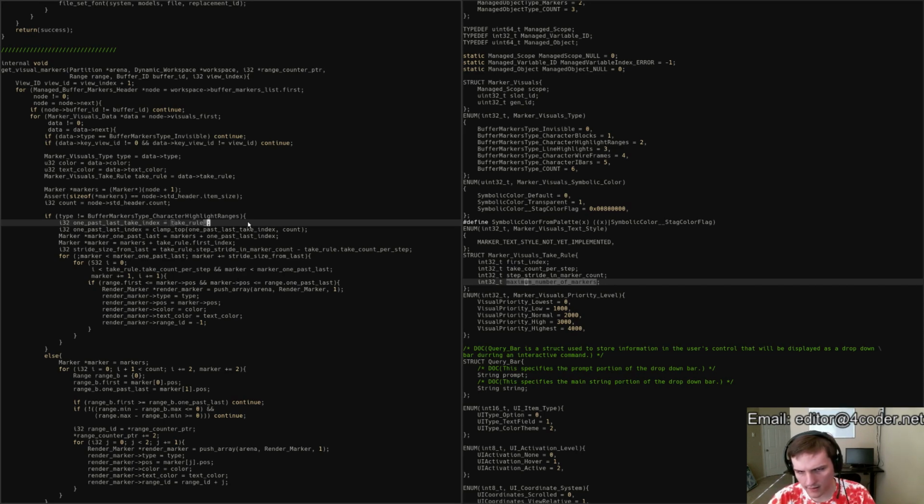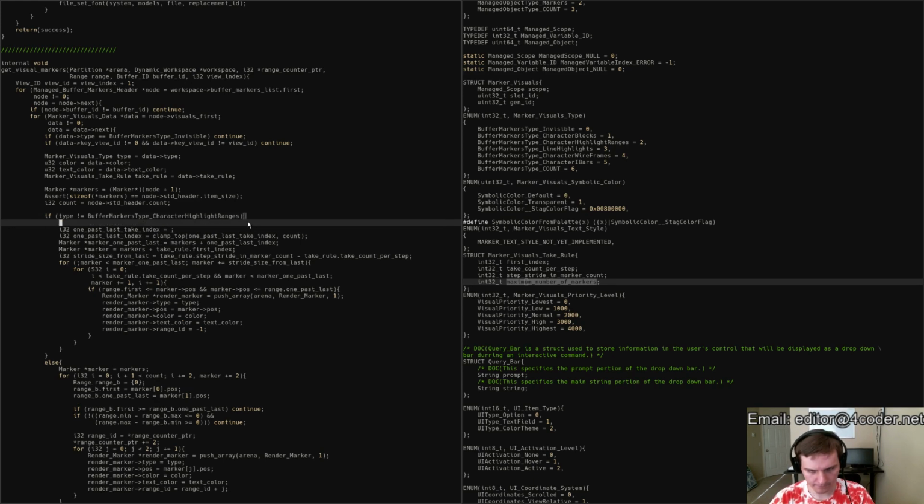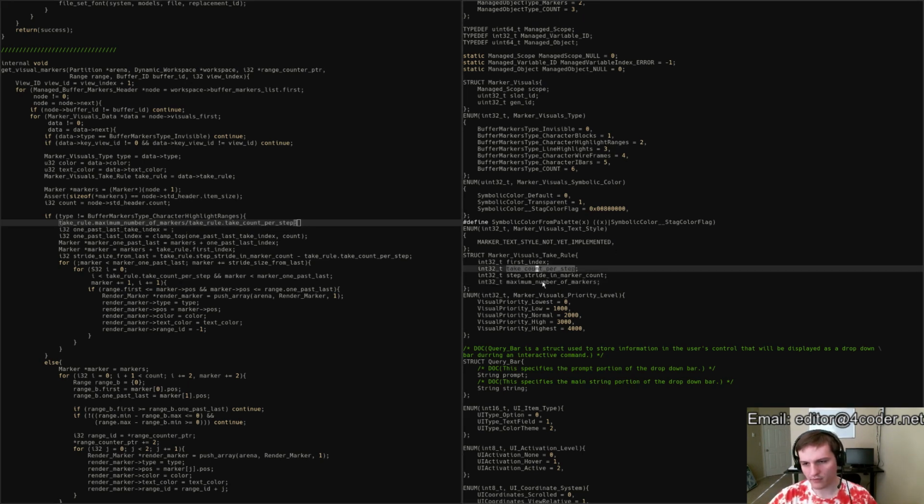Take rule dot maximum number of markers divided by take rule dot take count per step. So if those divide evenly, if we're taking 3 per step and there are 9, then there would be 3 steps. So I say this is the number of whole steps